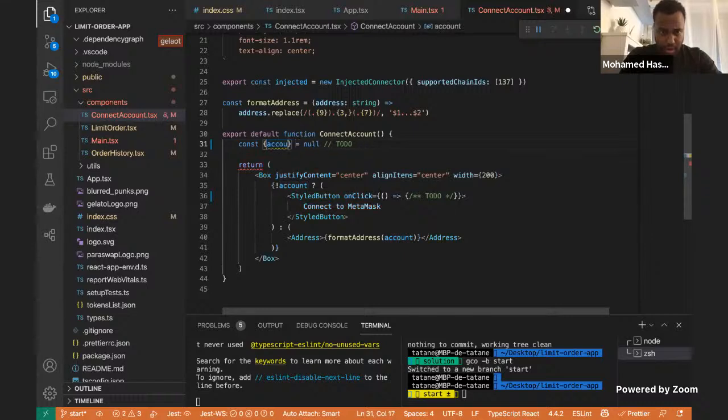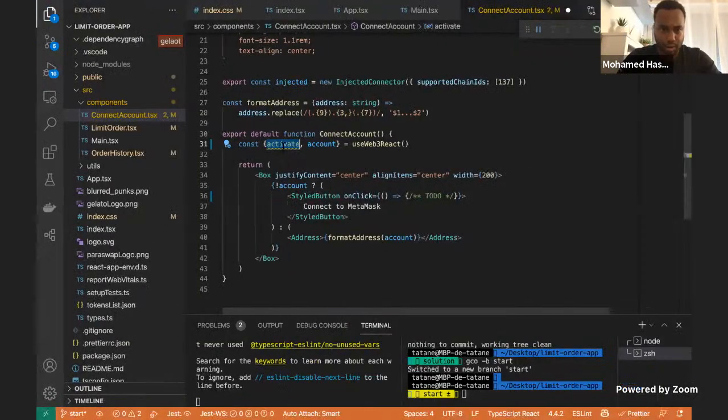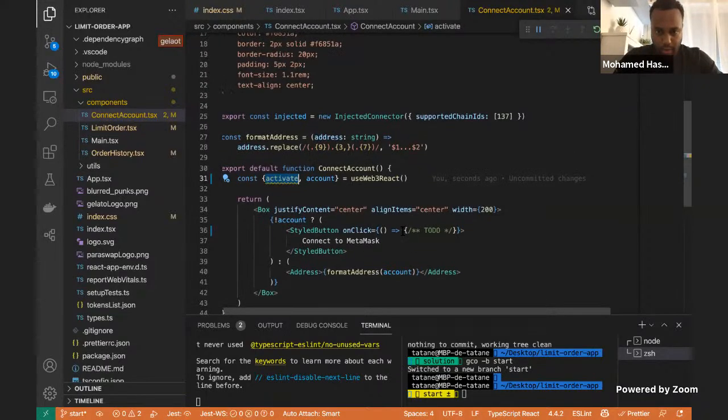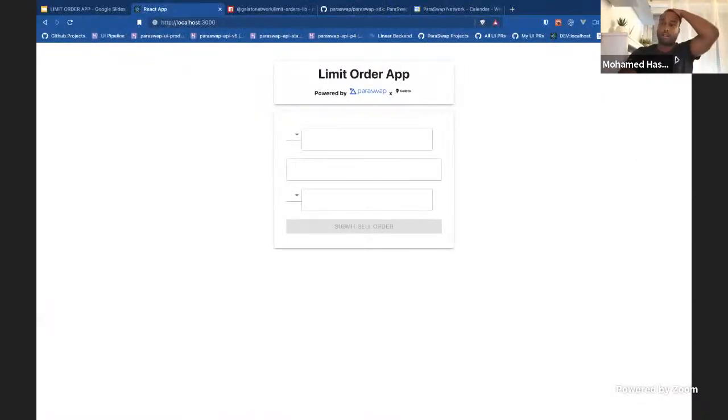For this, we need to grab the activate function from useWeb3React, and we have to get the account, which is the public address. So let's get back to here. We have nothing yet because we didn't activate the connection yet. We didn't connect the wallet with the dApp, and we want to do it here. So we want to activate injected, and now if I click on connect to MetaMask,